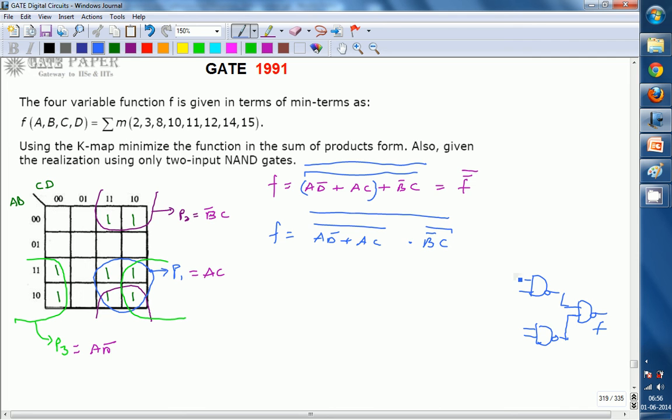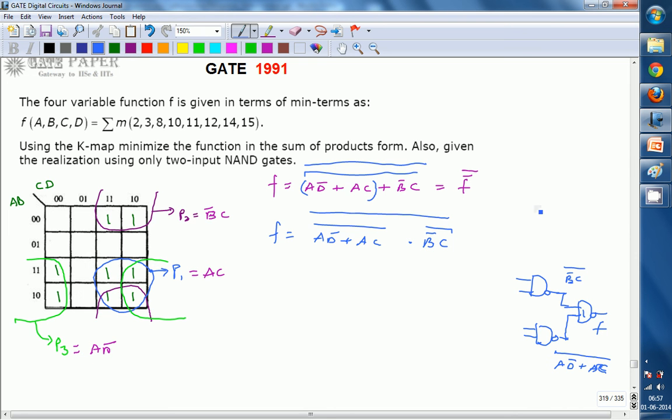So what you are expecting over here is nothing but, the input for this one is nothing but (B bar C) whole bar. Okay, and the input over here is nothing but (AD bar plus AC) whole bar. If the inputs for this first NAND gate are going to be like this, then the output F is nothing but the multiplication of those two inputs, and again it is going to give the final complement. So that is what the F function requires.